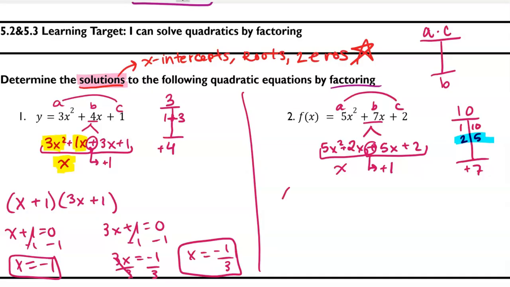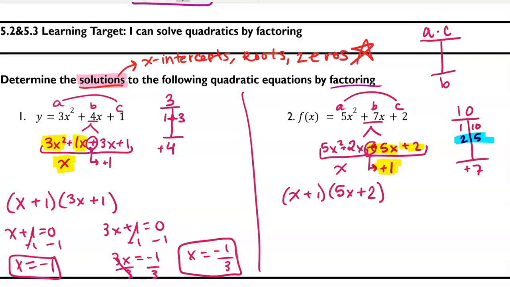Now we can write our answer, or I guess our factors, sorry, not our answer. X plus 1 times, now the other set of parentheses is going to be what we're left with when we divide what we decided to factor out. So let's look right here. 5x divided by 1 is 5x. 2 divided by 1